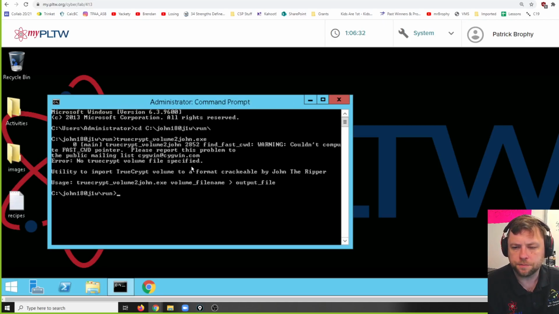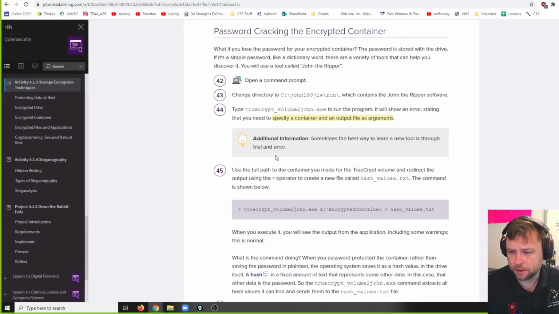And then what does it do? Warning, couldn't compute. Please report the problem, blah, blah, blah. Okay, we had a problem. So you don't just run the program this way. What you have to do is use the full path of the container. There's a little formatting thing. You can't just run the program; you have to run the program